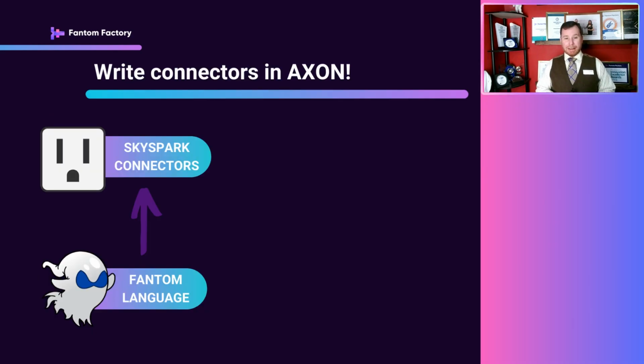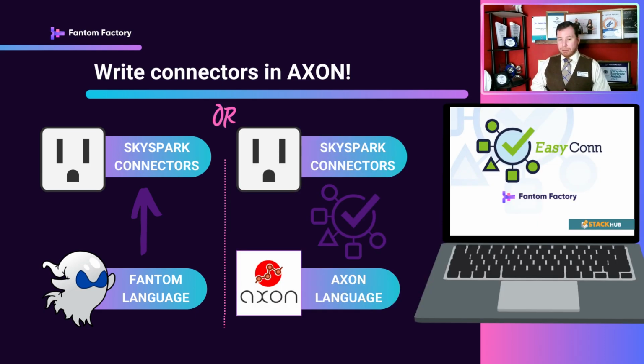To customize and enhance SkySpark, you generally use the Axon scripting language. And this is pretty much true for anything in SkySpark, except for connectors. Connectors you generally have to drop down to the Phantom programming language. And this is because SkySpark itself is written in Phantom. So to do any sort of like low level and dirty IO stuff, then you have to drop to Phantom yourself to program in. Except until now.